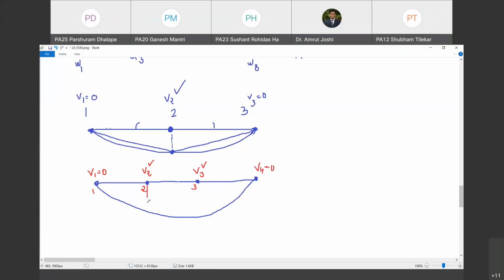Now look here: between 1 and 2, I will assume the linear interpolation. So it is going to look like this. Are you able to imagine this? As I go on reducing the element size, that means as I go on increasing the number of nodes, the deformed shape obtained by FEM matches more closely with reality, in the limit of the element size shrinking to 0. Do you agree with me? Type your response in the chat box. Yes. So this is the idea of the finite element method.